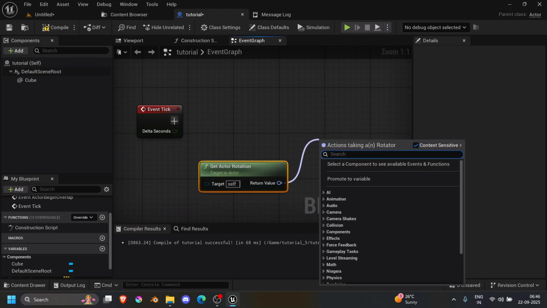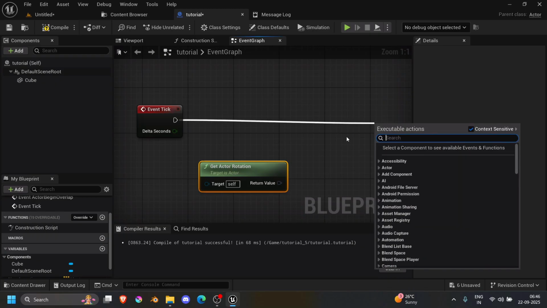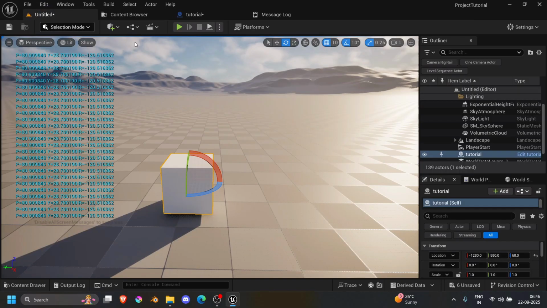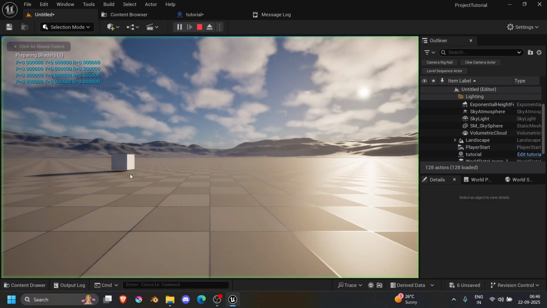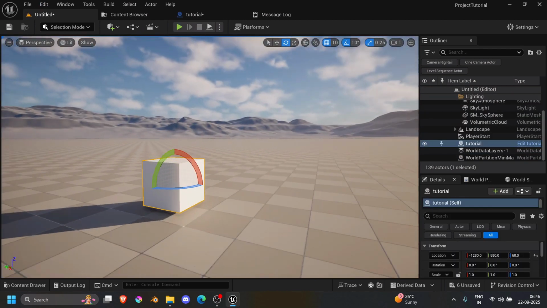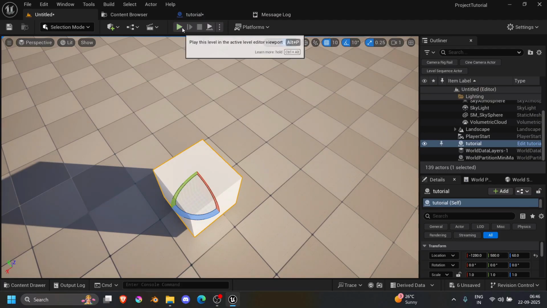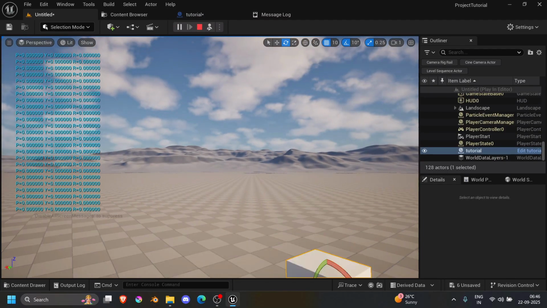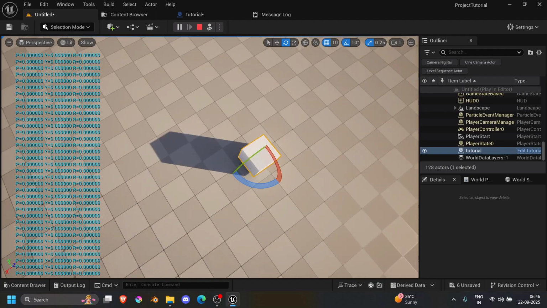Now for this, I'm gonna use a Print String node so I can show you how it is actually used. So Print String, then I'm going to connect the rotation to string and it will just convert it. How convenient. Then we are here and I will just click play. And as you can see, I have this cube here. So why is it not printing? Okay, I just stopped it. So yeah, now I will go there and it will show me here that it is pointing at